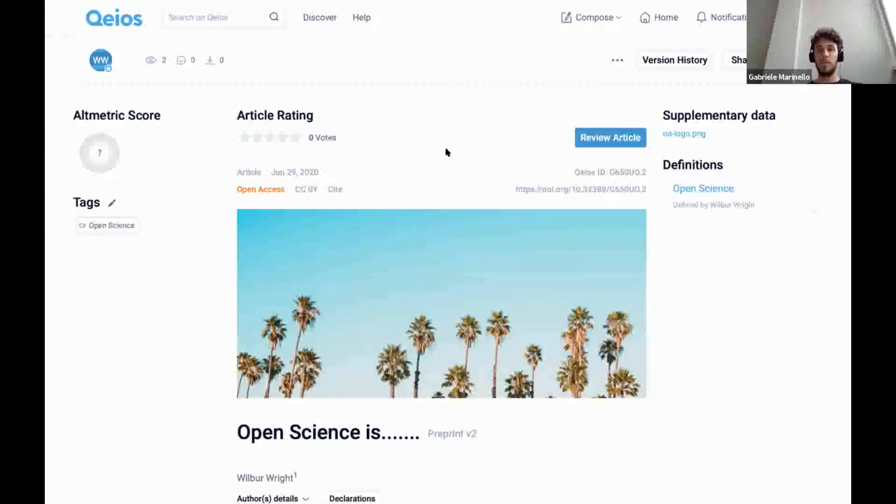They just copy paste here, and just as I showed you, by pressing publish, they get published immediately. You get instantly a DOI, and this paper can be reviewed, cited, whatever, shared anywhere.